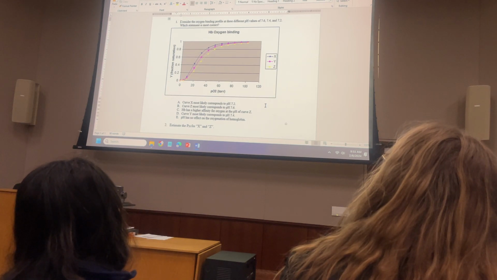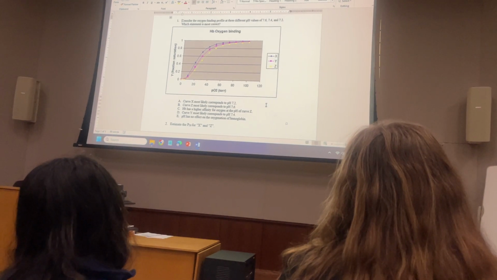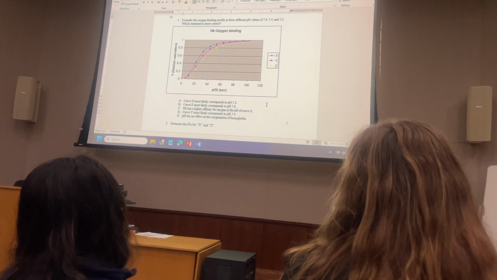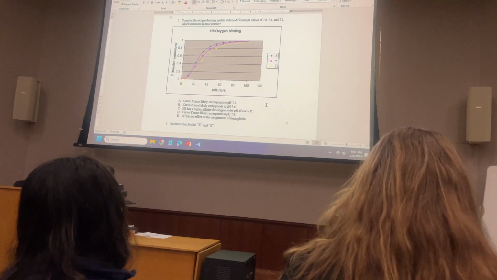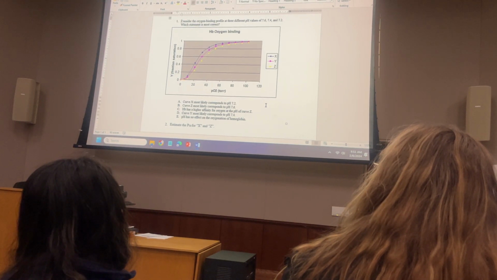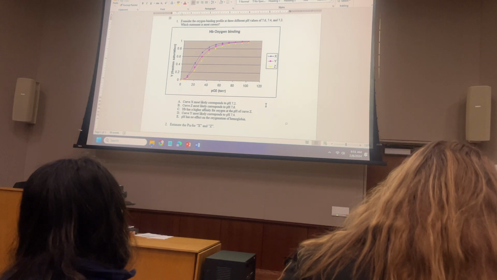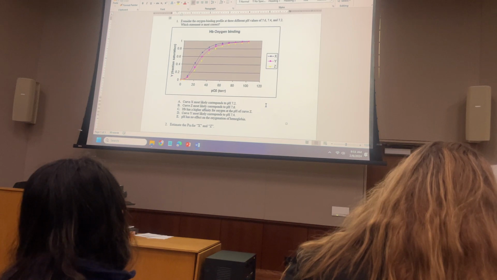So when you have that, the T state is going to be stabilized, more oxygen is going to be released to the tissues, right? So this goes back to one of the slides that I just showed you, where you have from I think 7.6 all the way to 6.8 pH, and the graph shifts all the way to the right. So in this case here,